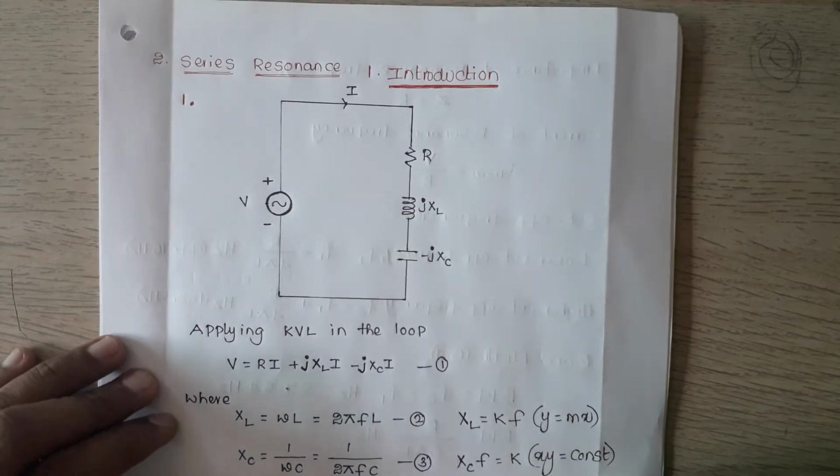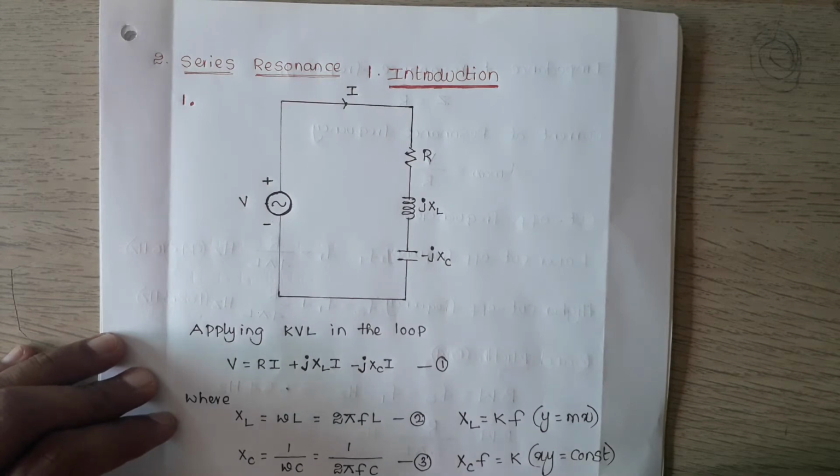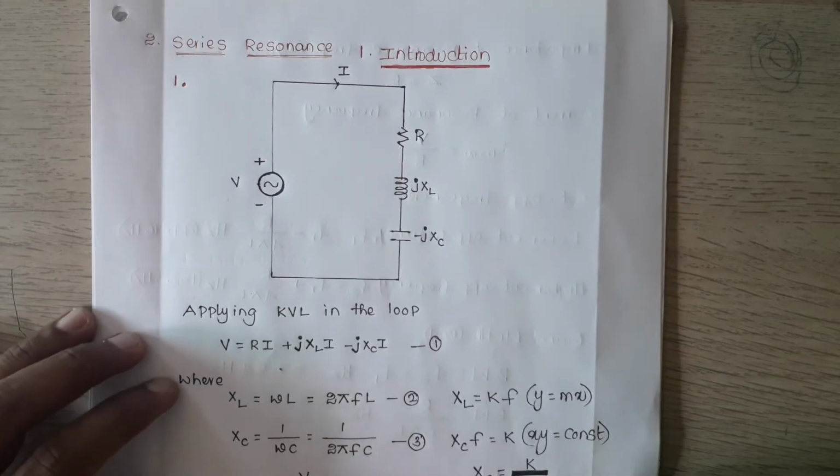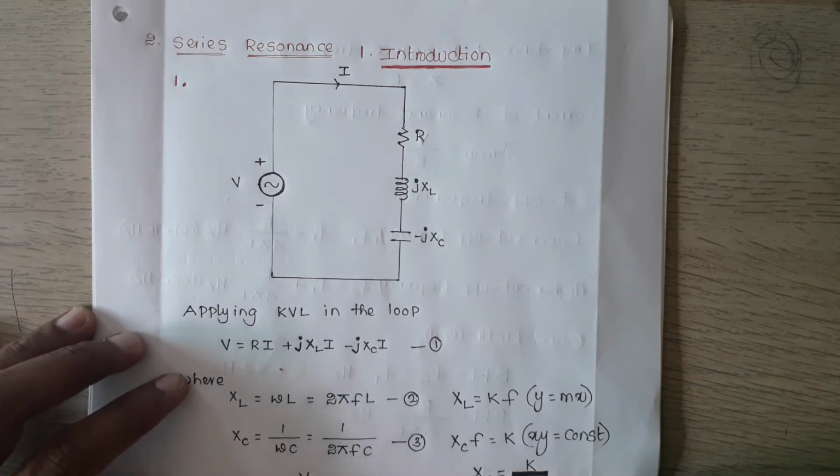So this is the circuit for series resonance. R, L and C are connected in series, and the reactance offered by the L is XL and the reactance offered by the C is XC, and this combination is connected across a voltage source. Once it is connected to a voltage source, the same current is flowing in all the three elements. So the circuit is said to be in resonance at XL equal to XC, that is, the reactance offered by the inductor is equal to the reactance offered by the capacitor at that time. So the net reactance offered by the circuit is 0. So that is the resonance condition.